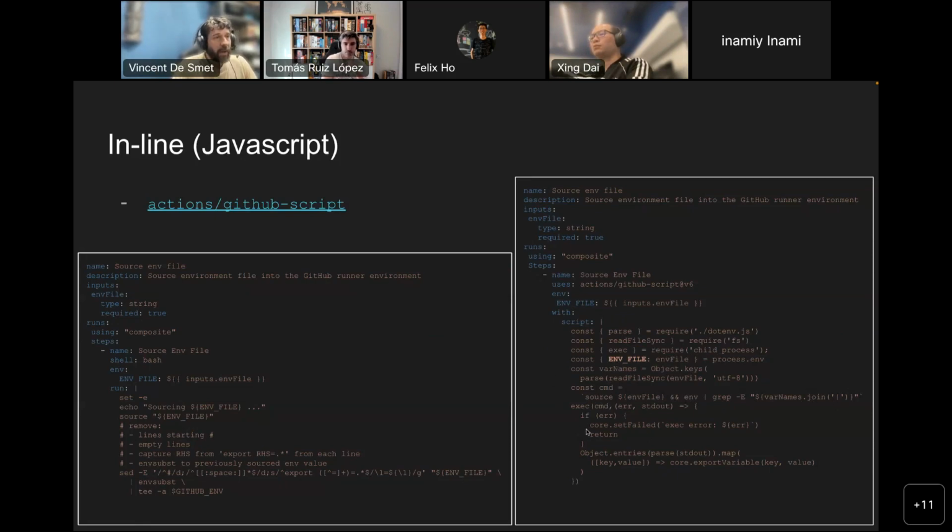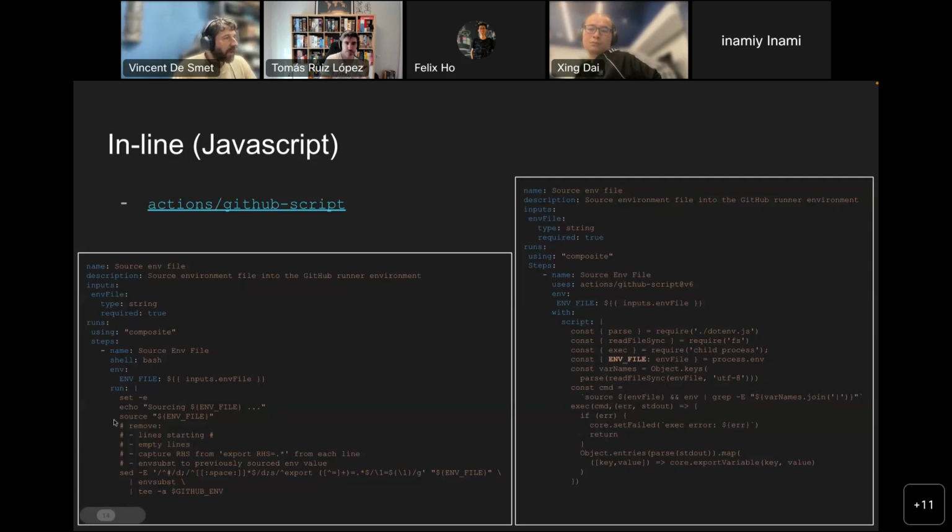And finally, I'm using the SDK to set it to fail if something errored out, or to actually export the variables. So I am not bound to internal GitHub Action things, such as needing to send the output to the GitHub env environment variable to expose the environment. I'm actually calling the core.exportVariable feature. So to me, it's a little bit more clear